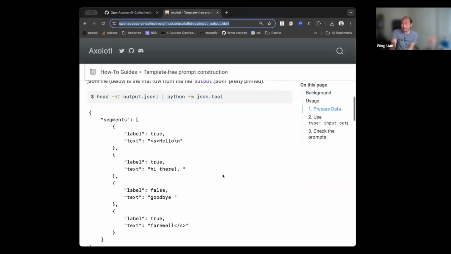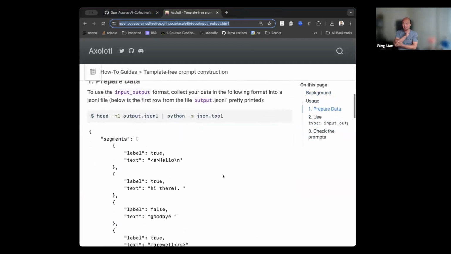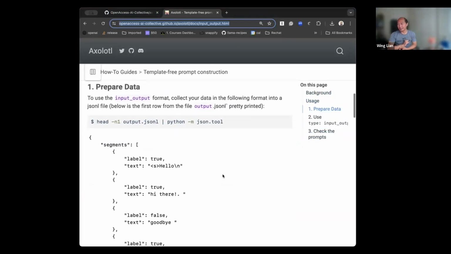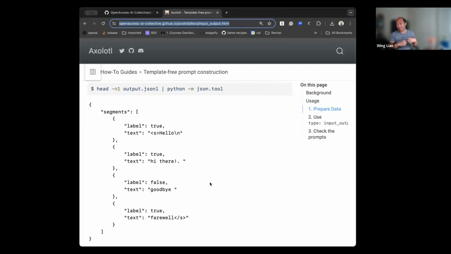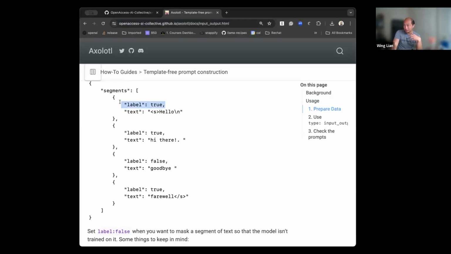Yeah, so that one really is just whether you've landed on what your chat template looks like, and you're comfortable converting into your chat template and knowing these are the inputs, these are the outputs, these are the things that I like. In this example here, label is true, so those are things that count towards loss. Maybe in that first example, that hello should probably be false. That's the user talking to the bot.